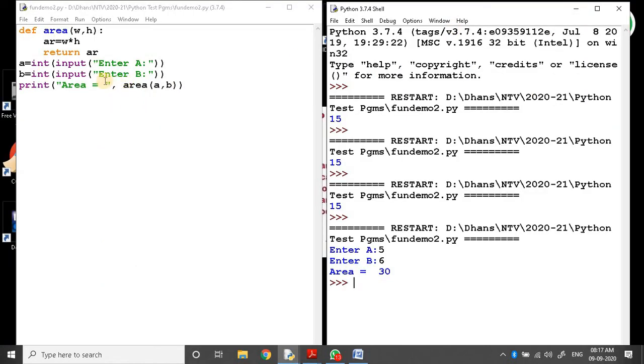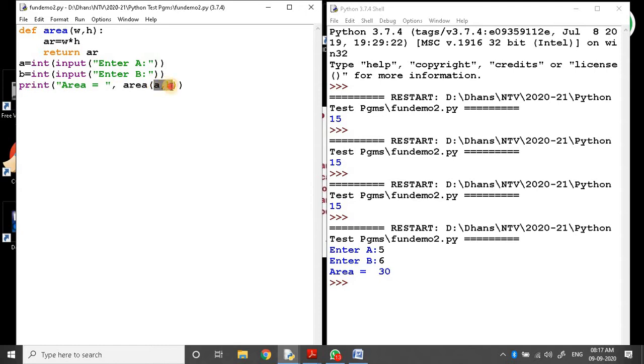In the earlier demo, we gave area of 3, 5 instead of A, B. 3, 5 are values. So you have to look at the function call statement, not the definition. Direct values passed in the call statement are known as arguments.